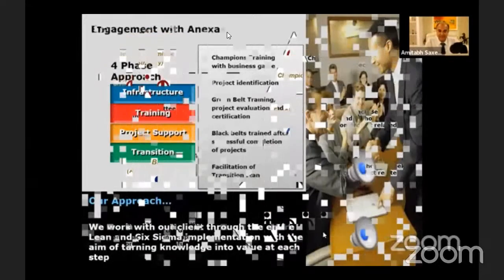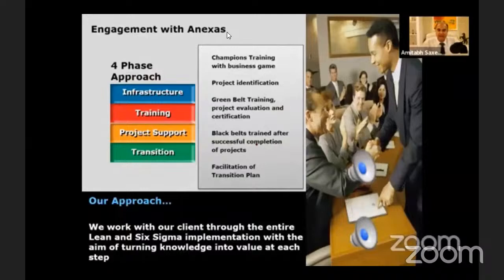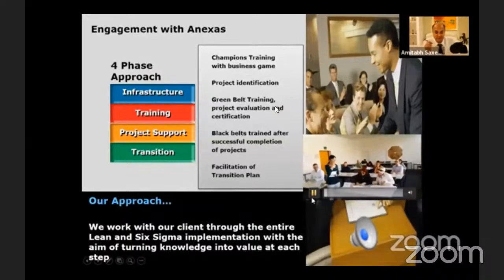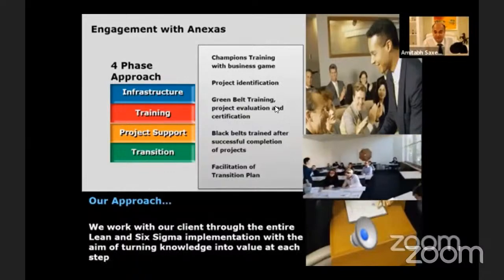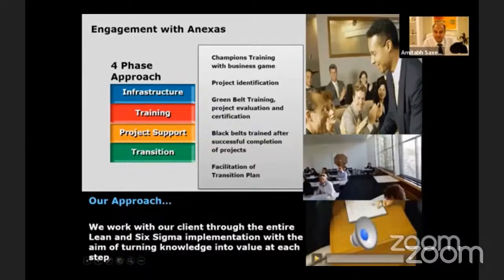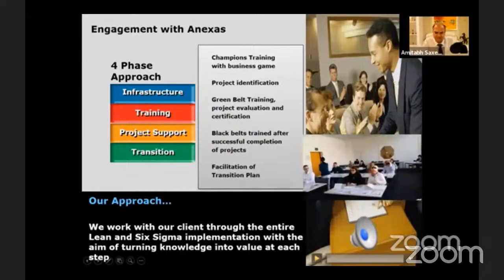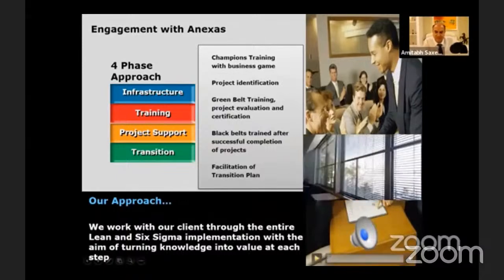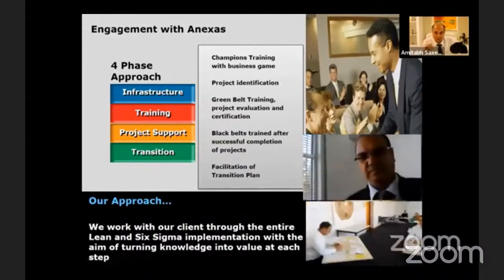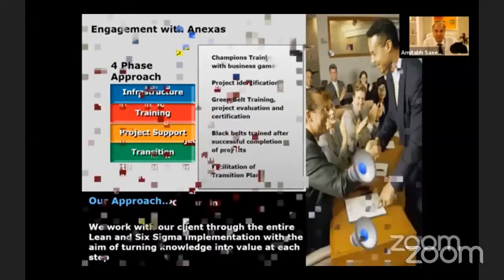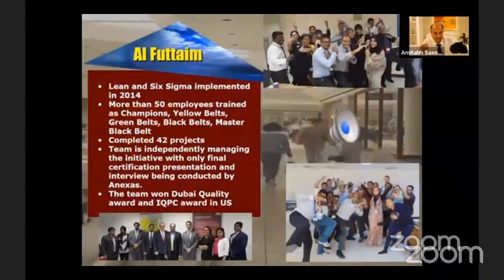They come to the training session. And first, of course, the champions training, the way I did it for one of the largest pharmaceutical companies in Switzerland, Novartis. Let me give examples of different industries at different stages. Champions training was given, and once they get convinced, they choose the projects. Then the green belts come and get the assigned projects and they start the